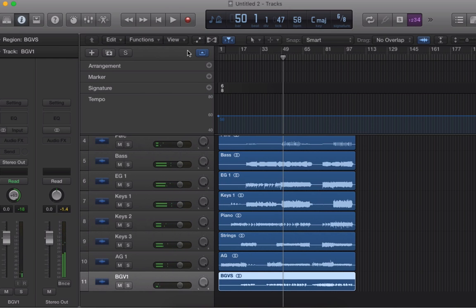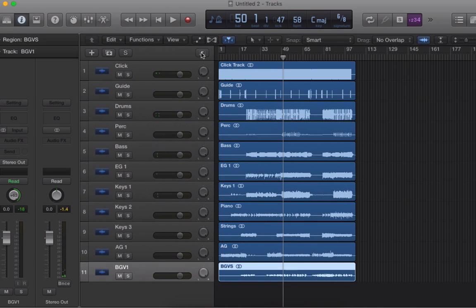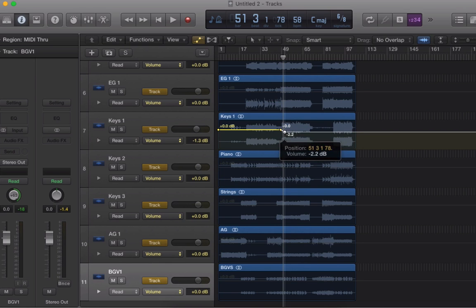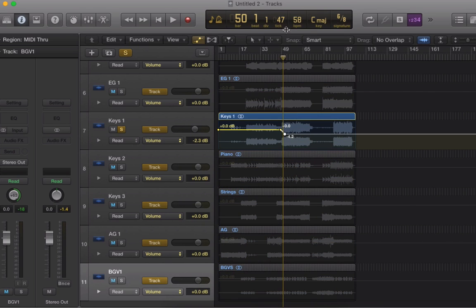Now I want to make a note, let you know that sometimes I actually will automate. I'll go into automation mode and do some volume automation on this stuff if I feel like it gets too fat in the middle of the mix. Because I am mixing mono, it can just kind of overtake the output. And I've had trouble hearing with my in-ears. My drummers have had trouble hearing if the mix gets just too crazy. I will sometimes just go in and drop an automation point in and just kind of listen through, and it takes a few more minutes. But for example, if we were listening to this keyboard here, you know,